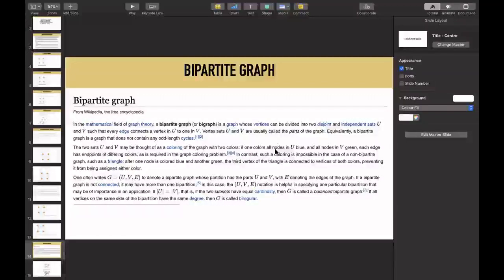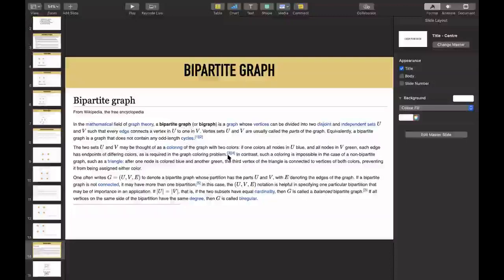It is fairly easy to visualize with colors, so that's why we try to picturize bipartite graphs using colors. If one colors all nodes in U blue and all nodes in V green, then each edge has endpoints of different colors, as is required in the graph coloring problem.